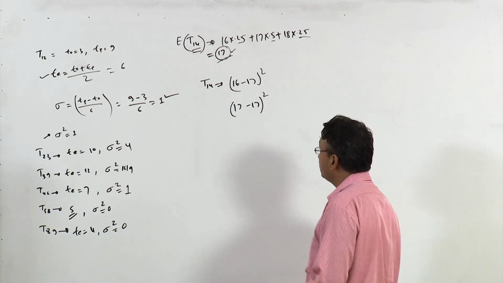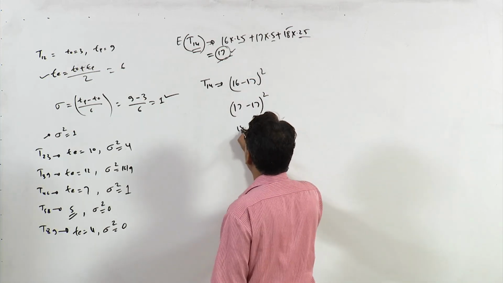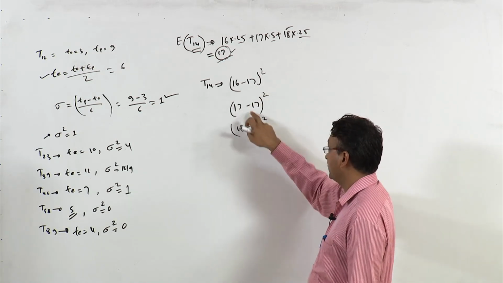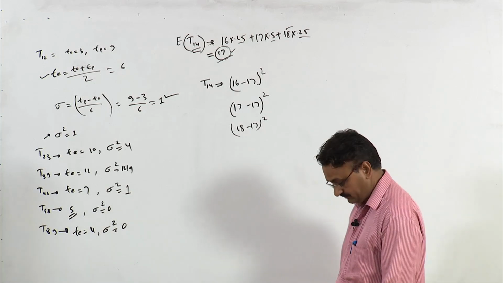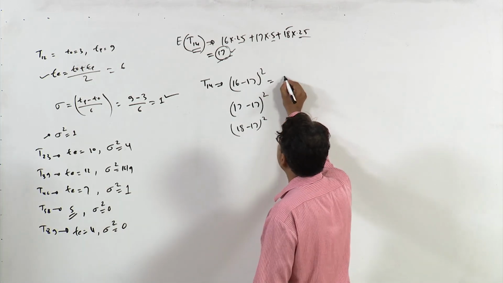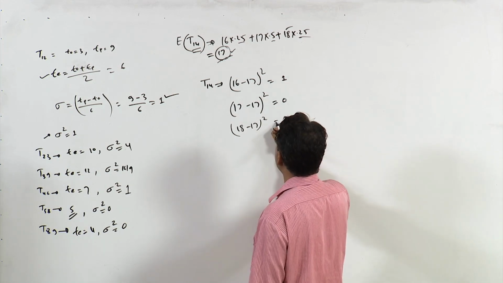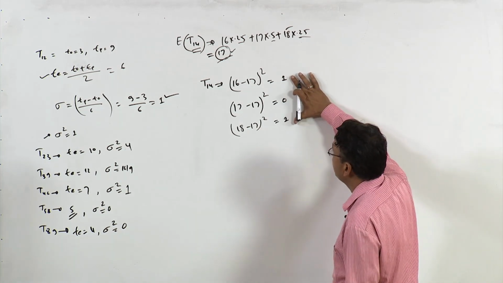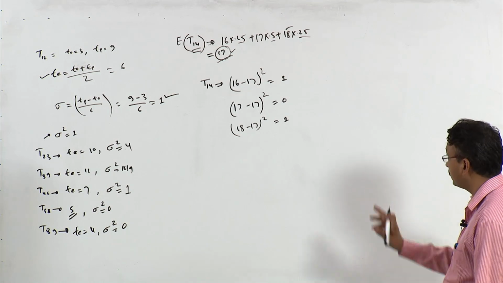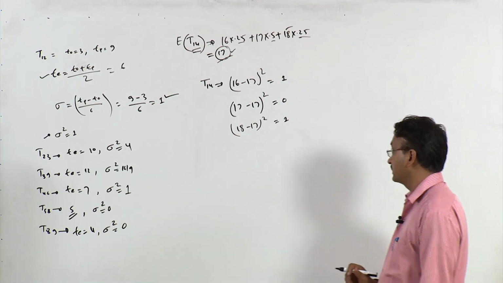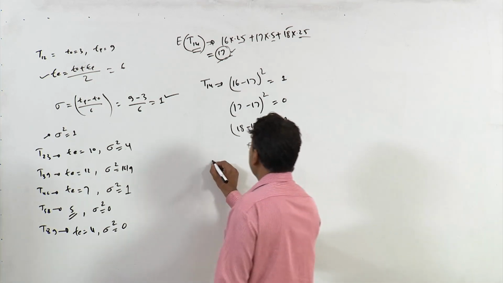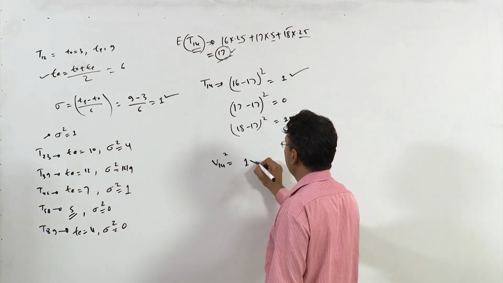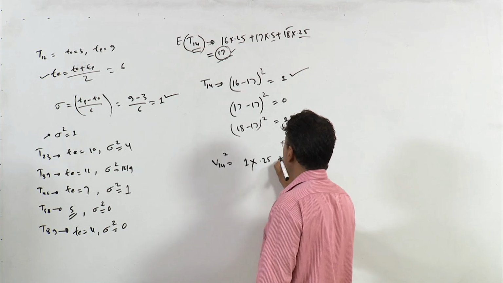Then the third duration for this activity is 18 days, so 18 minus 17 whole square, right. What we have done is subtract the expected time from the durations and take the square of that value. If you calculate these values, this is 1, this is 0 and this is also 1. Now, you multiply these values with the probabilities given in the question itself. So, variance of activity 14 is equal to 1 into 0.25,